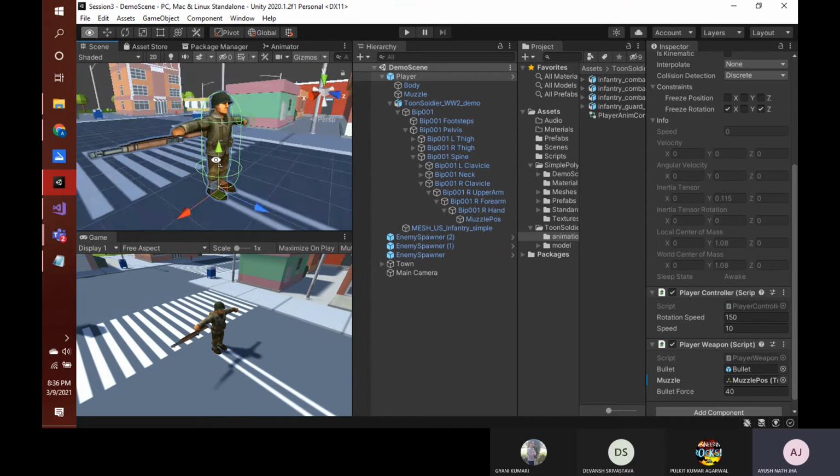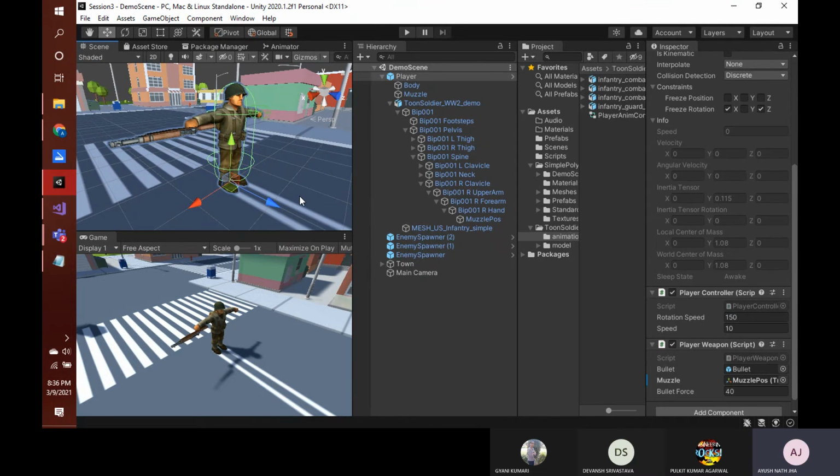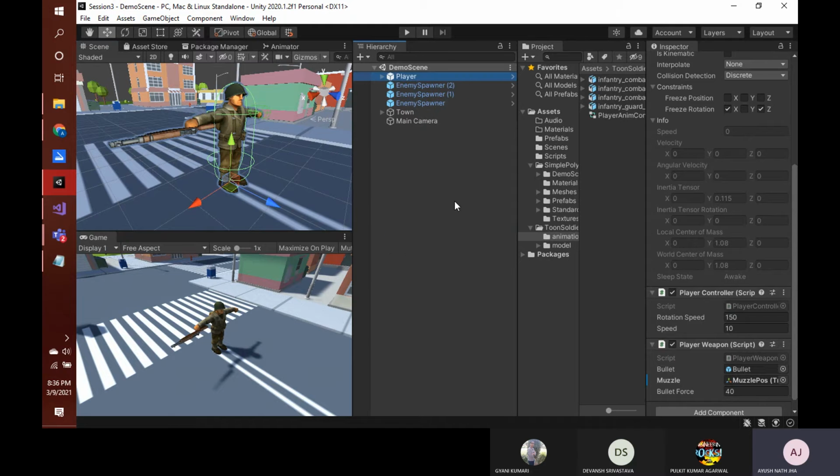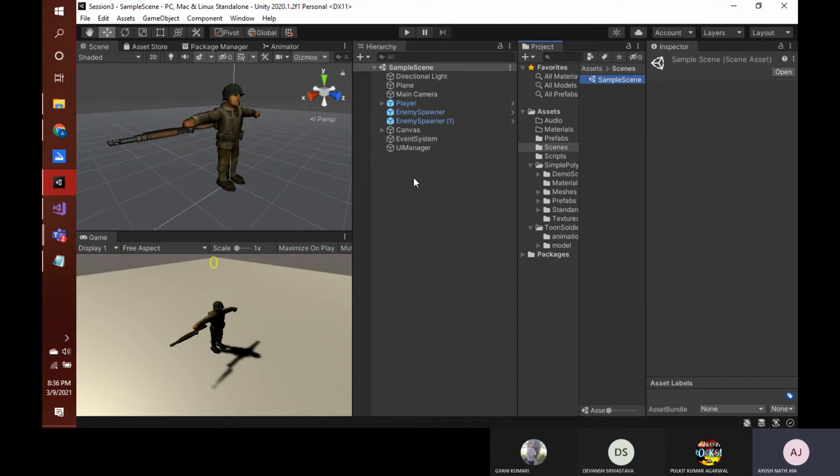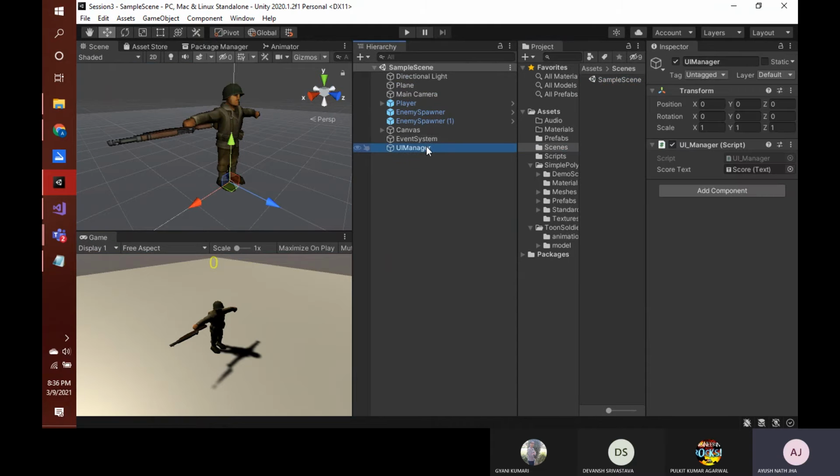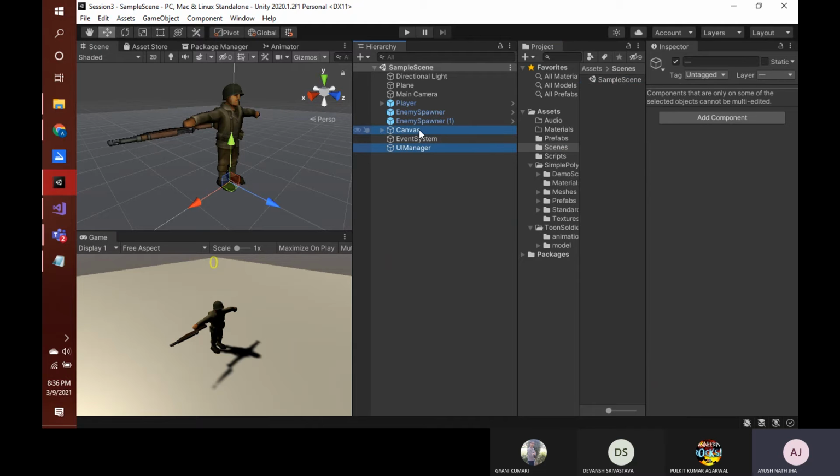Okay. And now one last thing is the UI which we created in the last slide. We are just going to copy paste it here as well. So if we go back to our previous scene, first just save this scene and go back to our sample scene. Here we just need to copy our UI manager and this canvas.